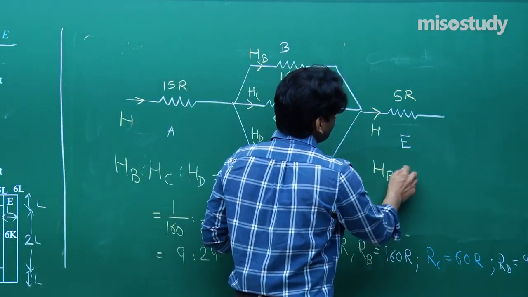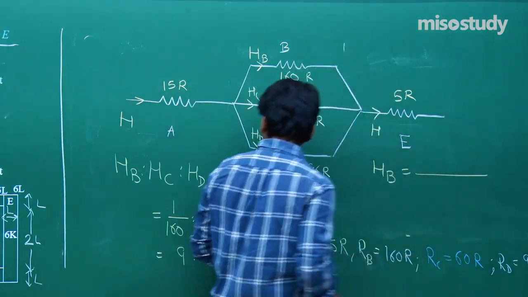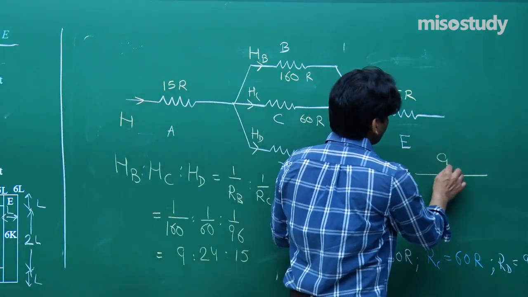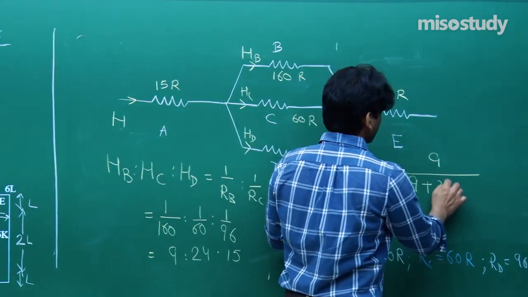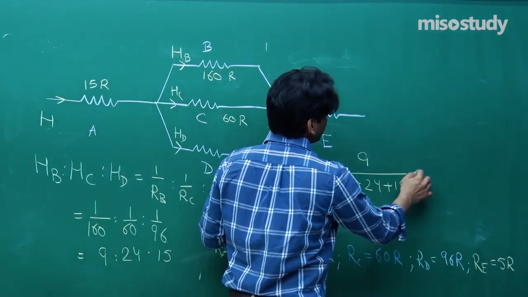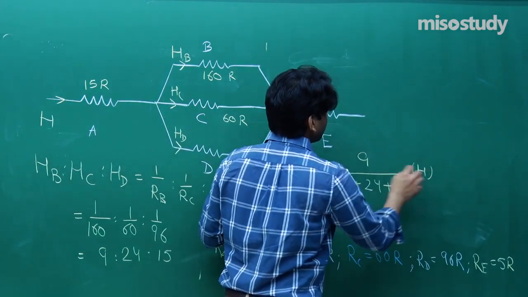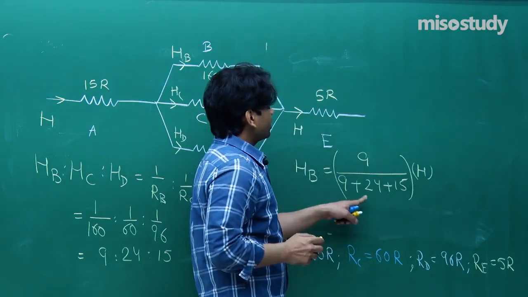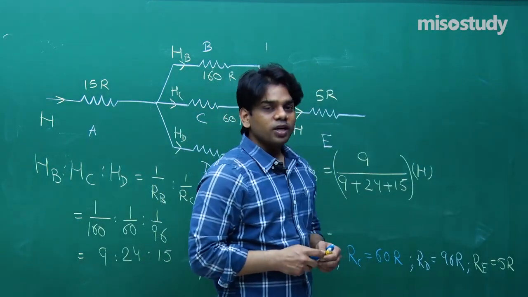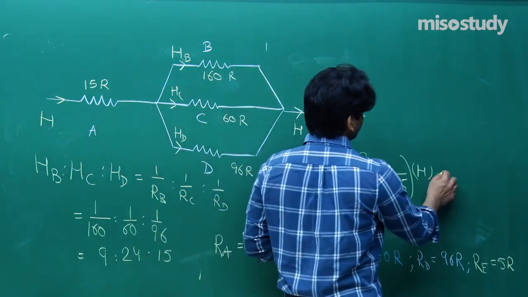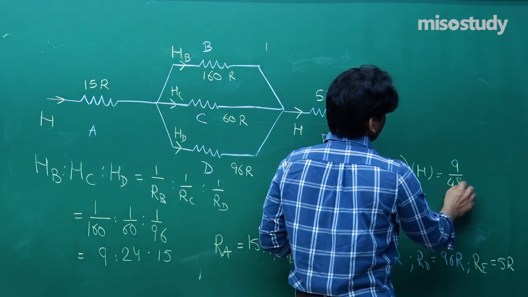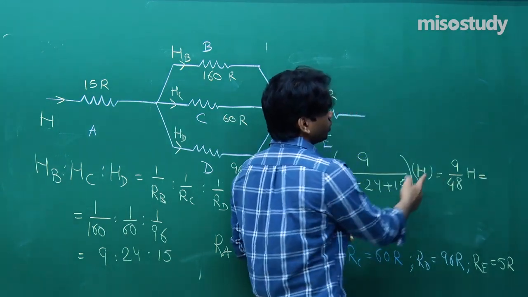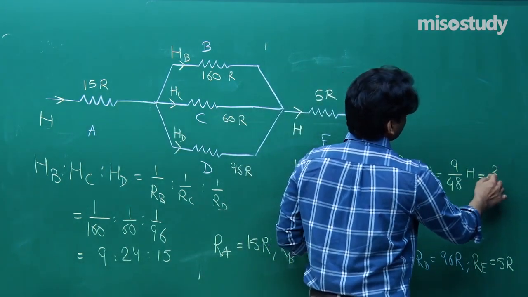Heat flow through B can be written as, they are in the ratio 9 is to 24 is to 15. So we can write heat flow through B will be 9 upon 9 plus 24 plus 15 multiplied by H, that is what we will be getting. This can be simplified as 24 plus 9 will give you 33, 33 plus 15, that is 48. So 9 by 48, this will come out to be 9 by 48 H. 3 into 3 is 9 and 3 into 16 is 48, so you can write it as 3 by